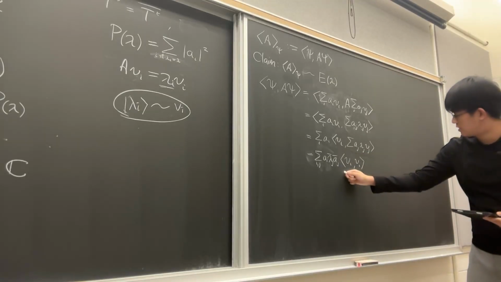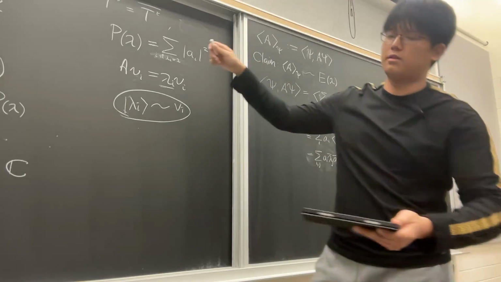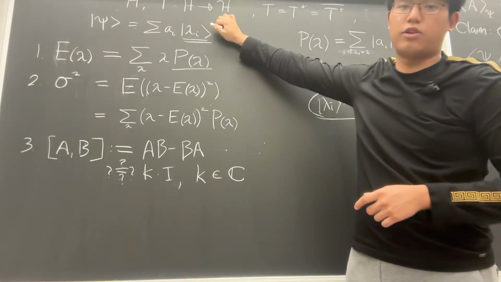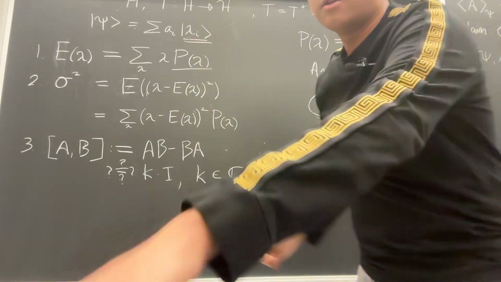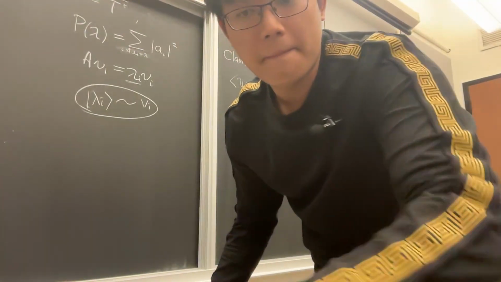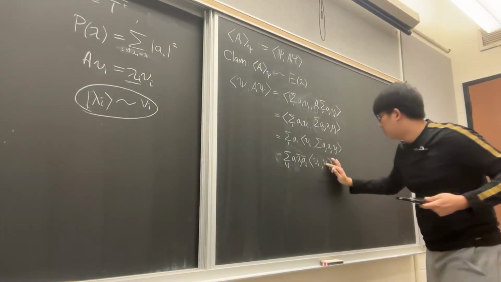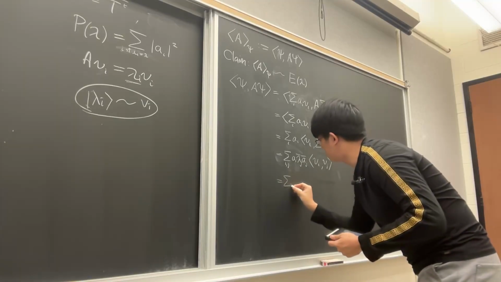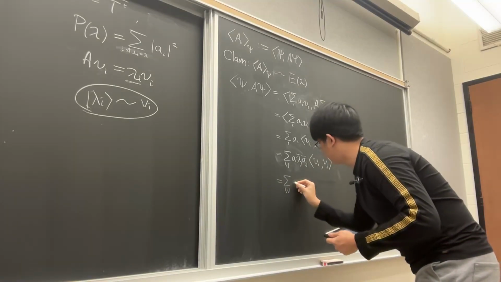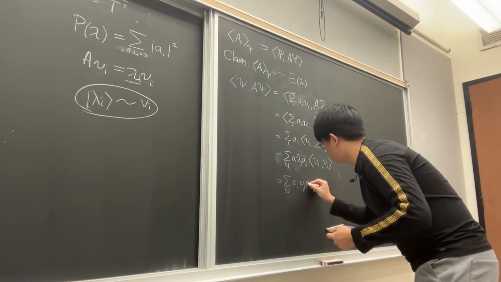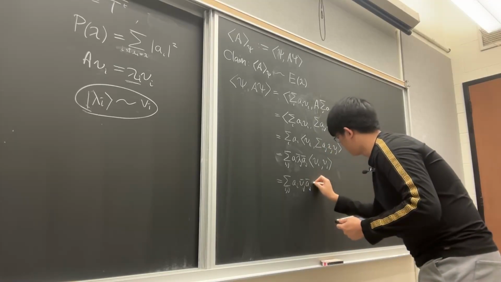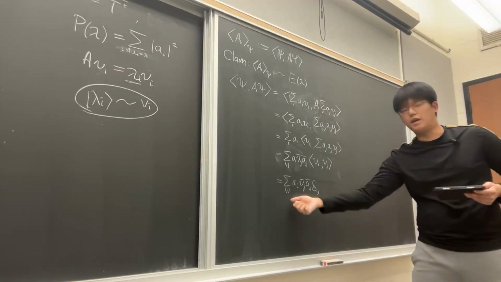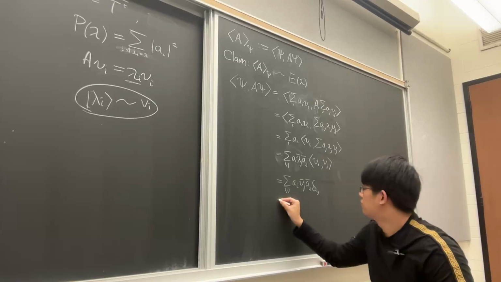Please note that, by definition of how we defined our state vectors here, these are orthonormal and they're eigenvectors. So for all i not equal to j, for notation-wise, we can reduce this down to Kronecker delta. And we consider the case where only i is equal to j. And so this will be equal to